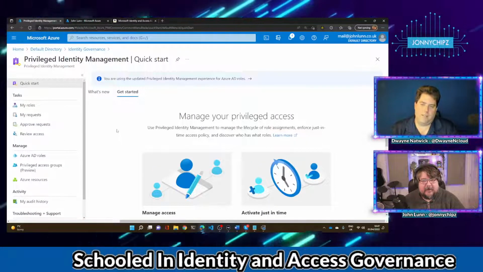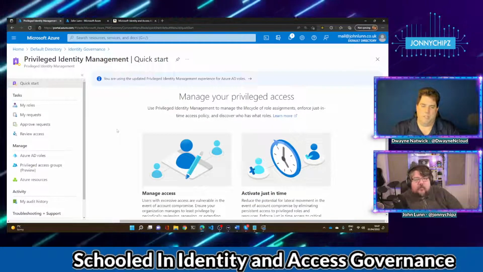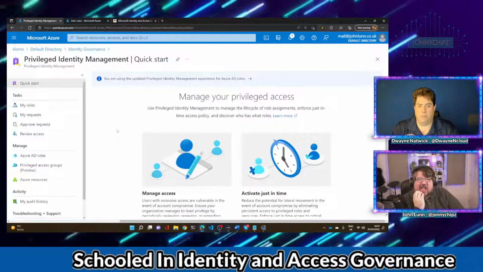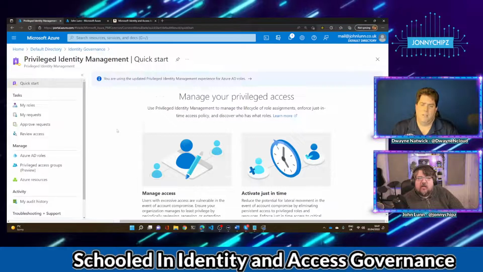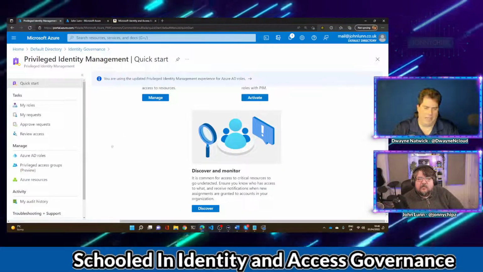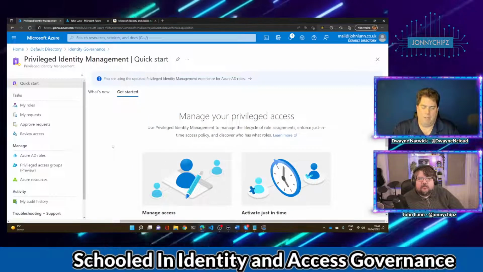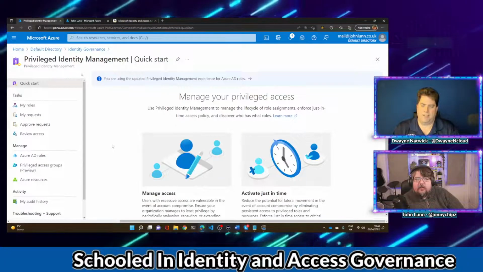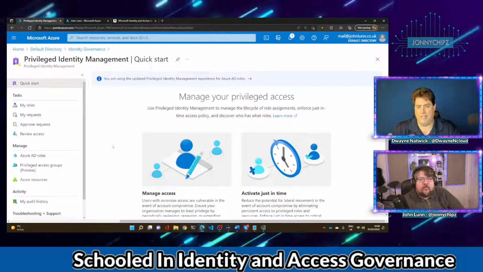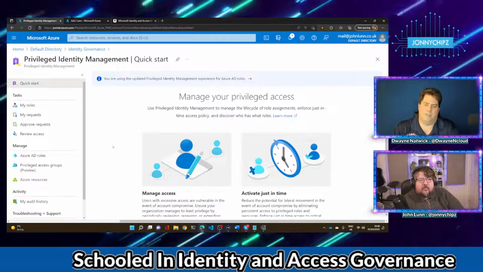Entitlement management can be for just any kind of user, and privileged identity management is geared more towards administrative users, or users that need administrative privileges on a just-in-time basis, that aren't doing that role every day. It's not necessarily built for your Azure admins, the IT people that are working every day, but for those that, I'll use an example of, say,